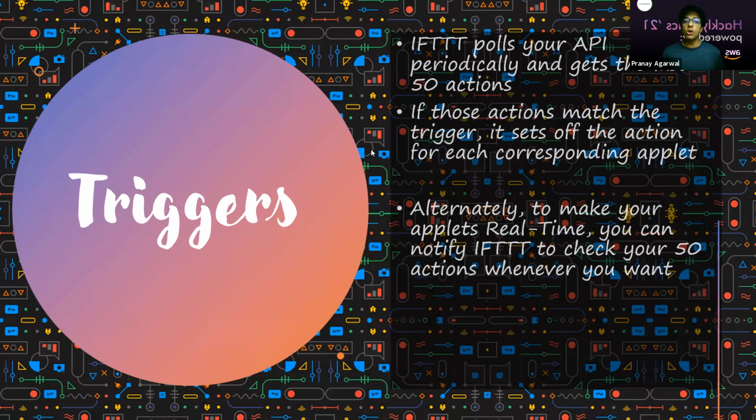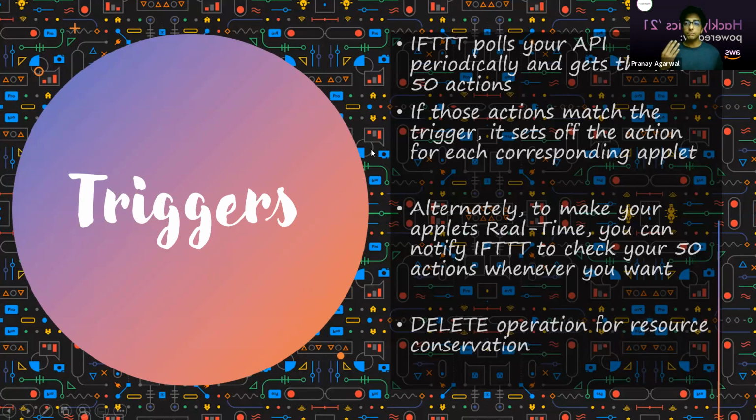So IFTTT also notifies your software when that trigger is no longer valid. Let's say I have deleted that applet. So IFTTT will notify my server saying, hey, this trigger is no longer in use, so you can stop keeping track of it. So this delete will then prompt your server to essentially stop keeping track of it. So you could remove it from the list of